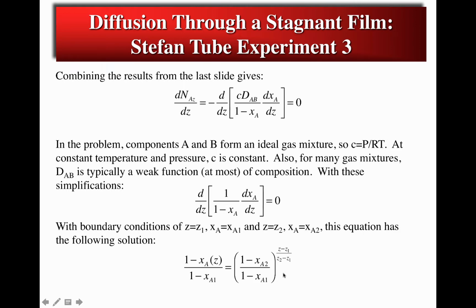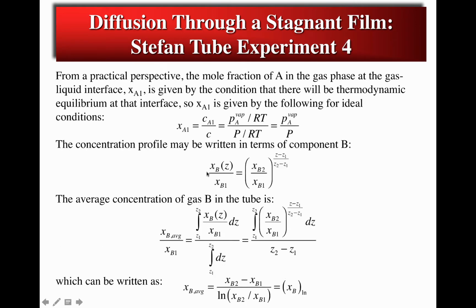and we know in a binary system that the mole fractions of A and B have to add up to 1, and so we can use the result on the previous slide to get the mole fraction written in terms of the mole fraction of B. I'm going to integrate that expression over the entire length of the gas phase because it gives us a result that's going to be interesting and I think will be familiar to you. If you work through that integration, you'll find that the average concentration of B in that gas phase of that tube is given by what we have come to define in chemical engineering as the so-called log mean concentration average